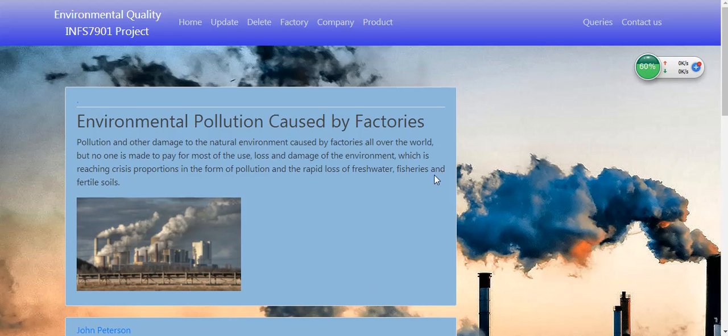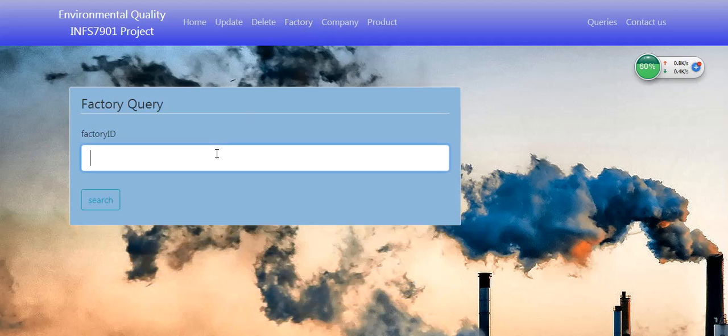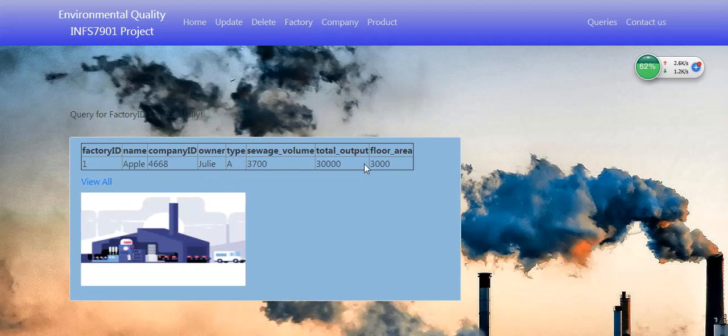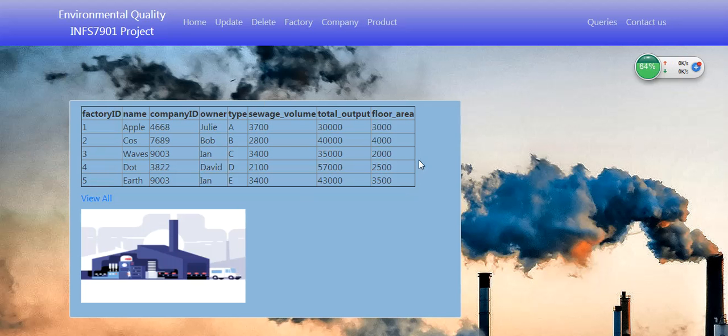This is the homepage of our website. You can see there are several operations in the dashboard. The first part I want to introduce is the factory. If you click the factory button and enter a factory ID and click the search button, you can get some basic information about this factory, like its name, its company ID, its owner, and so on. And there's a button called View All, and you can click this to get the information